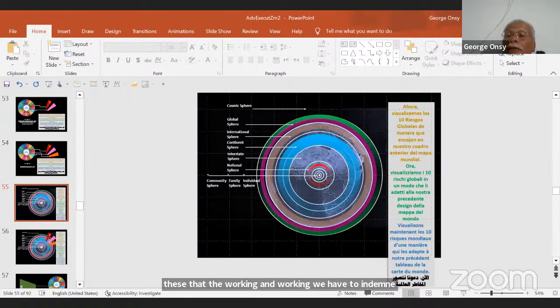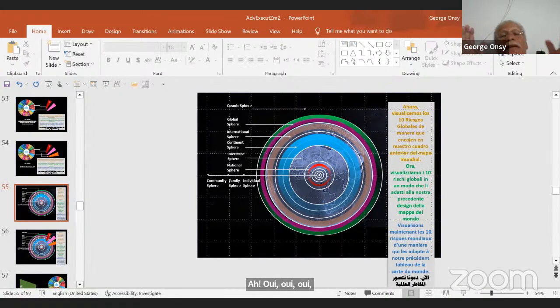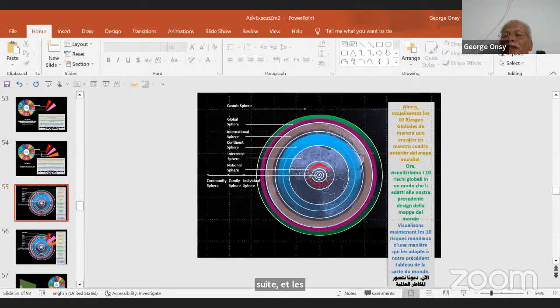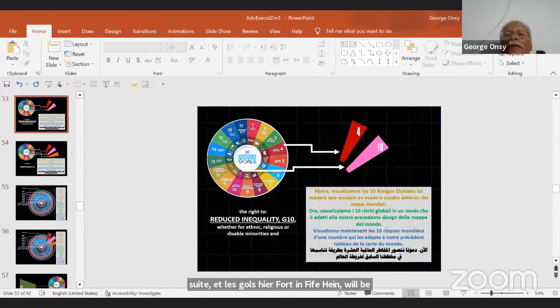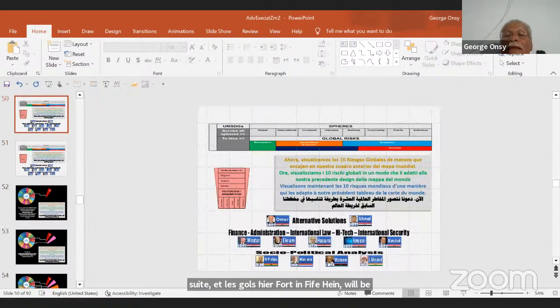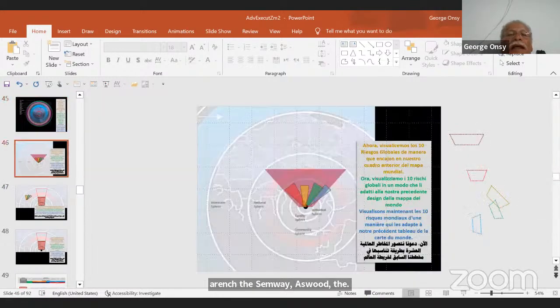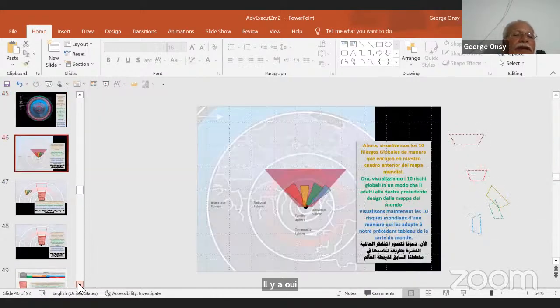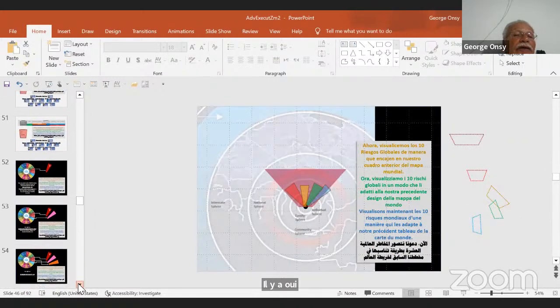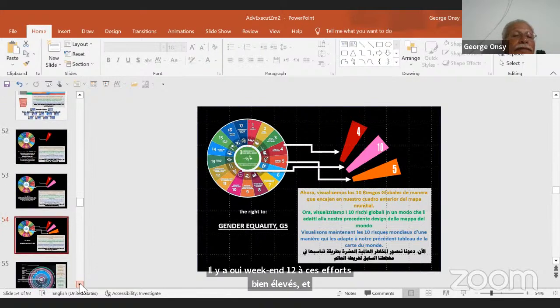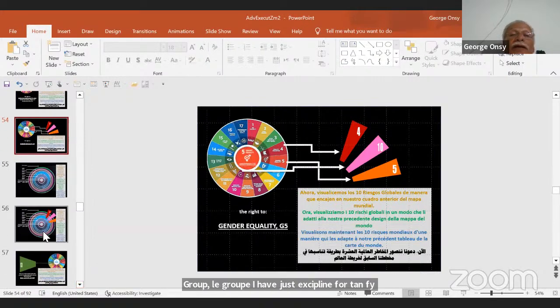And then we come to the second group. The same shapes representing the groups, the goals here, 4, 10, 5, will be arranged the same way as we did. You remember when we placed them here? The same way, we can do the same for the groups. The group I have just explained: 4, 10, 5. Then we move to another group,